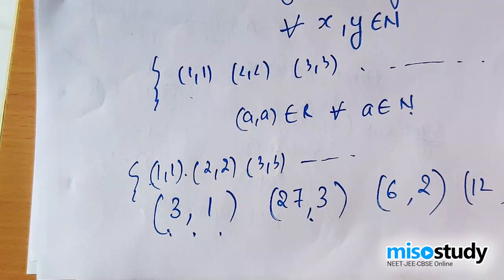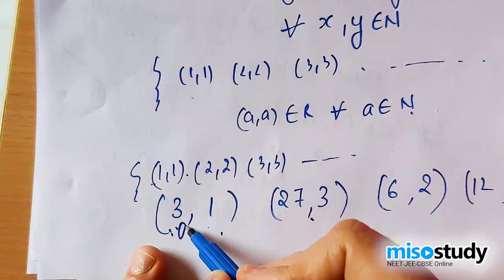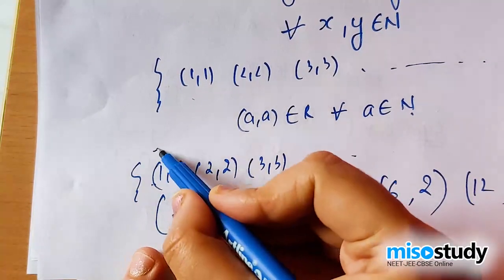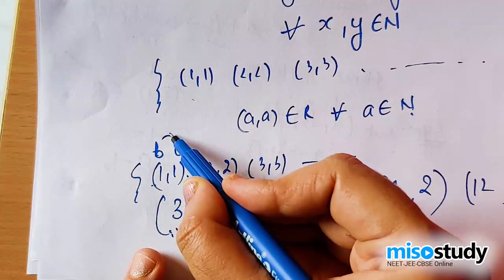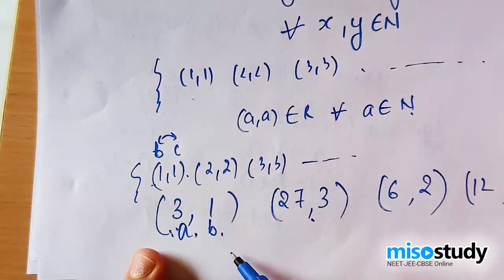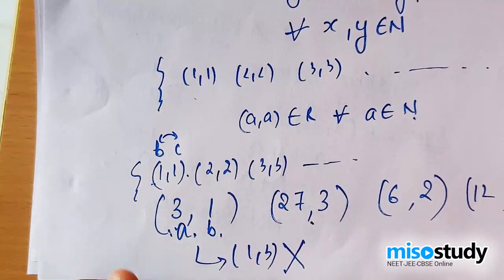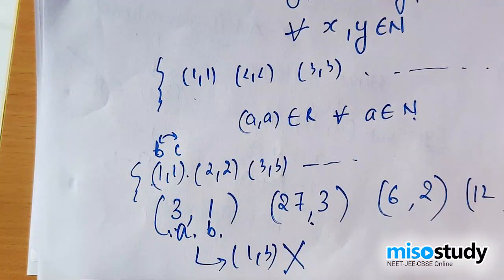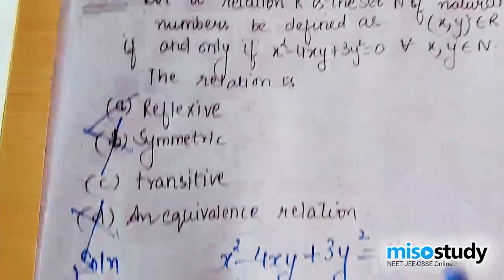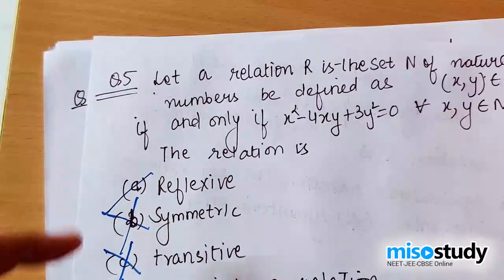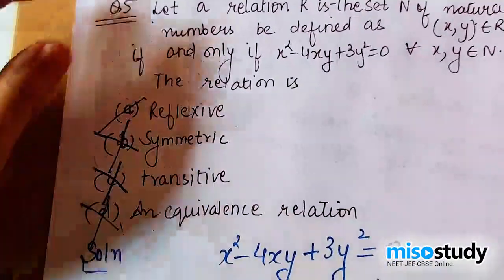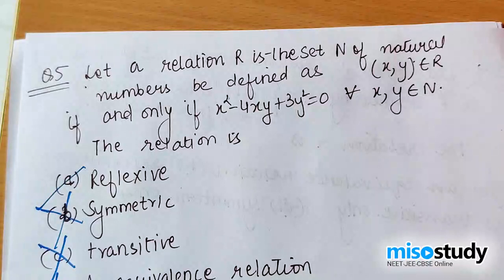Yes or no? If a is linked to b, b is linked to c, where in this case b and c are equal, then you must have (1, 3) over here, but you don't have that, because you are given that x is 3 times y, not y is 3 times x, and you will never have that. Only one example is enough to prove that it is not transitive. Hence it is not transitive also, so only reflexive is the right answer to this particular relation. I hope you are clear with it.